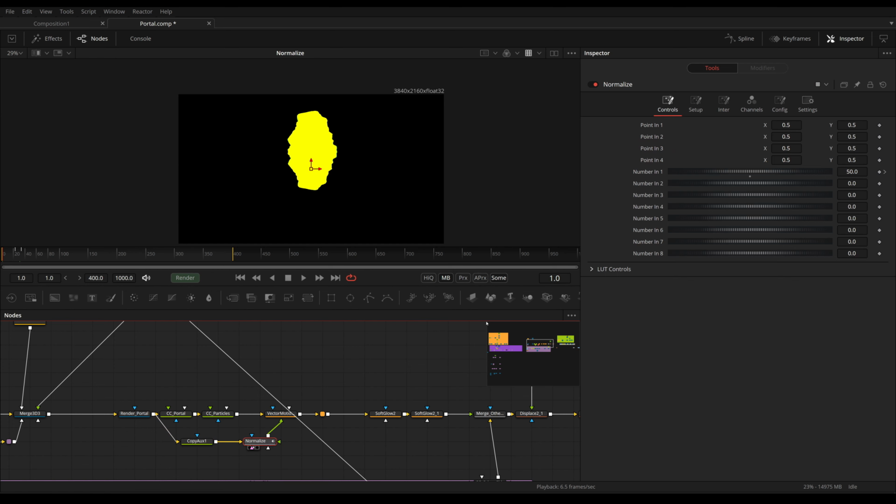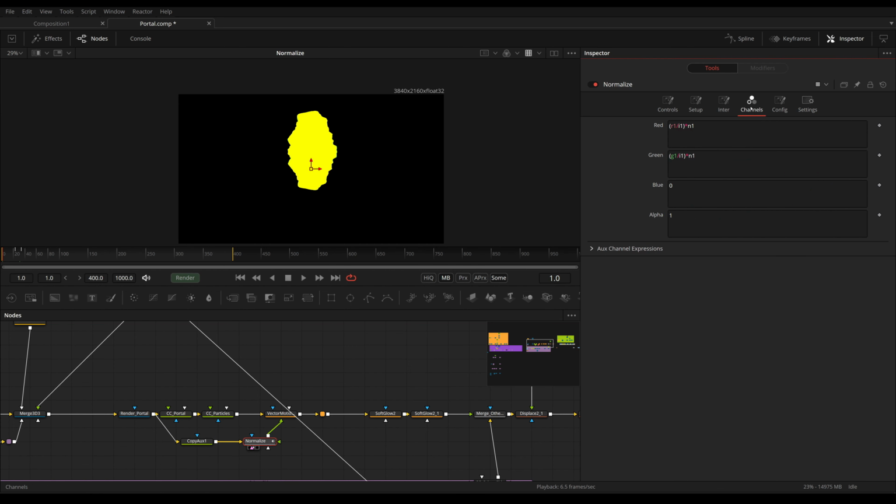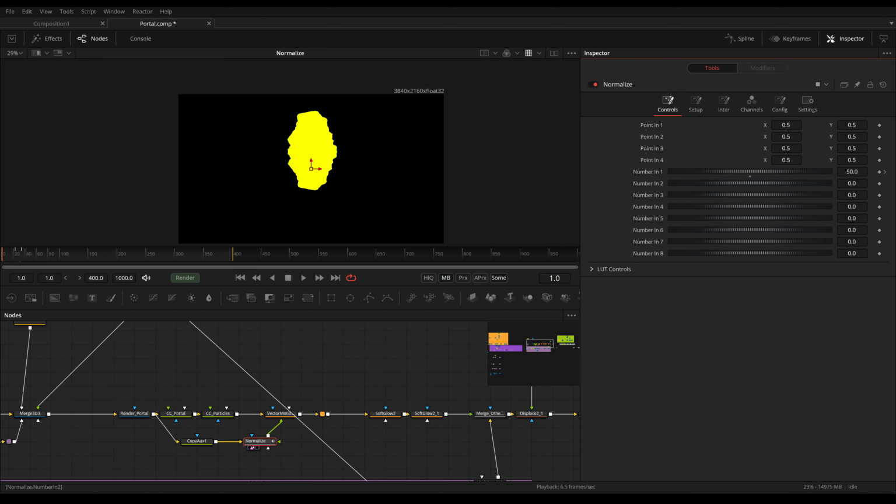In the custom tool, in the channel tabs, I've simply normalized the values of red and green, and I've multiplied them with our N1 slider. This N1 slider is set to 50 and it's also animated. This is because the normalized values were too small, but I didn't have any outliers like a single pixel that suddenly has a very high velocity and is smearing from left to right.